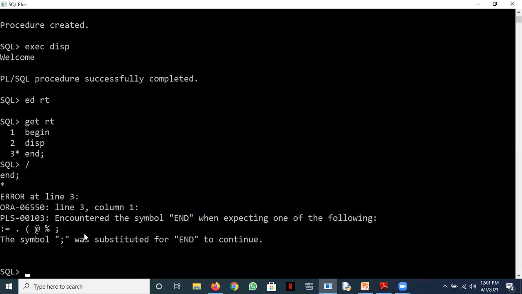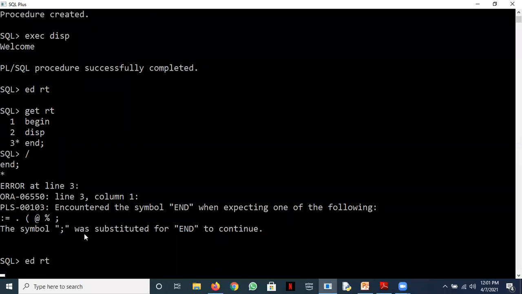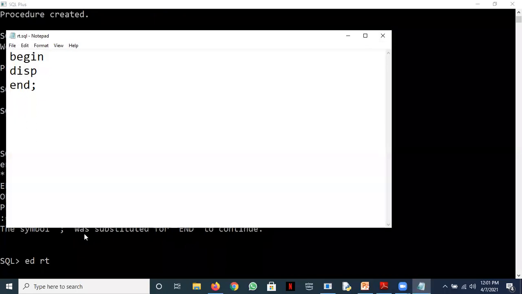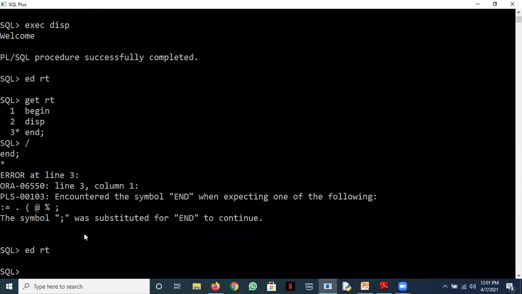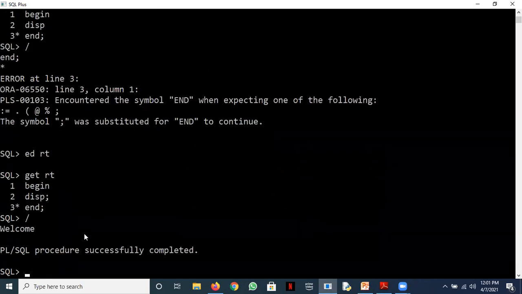No, there's some problem here. We'll see; it will work in case of a function. Okay. So you can call your procedure in two ways.